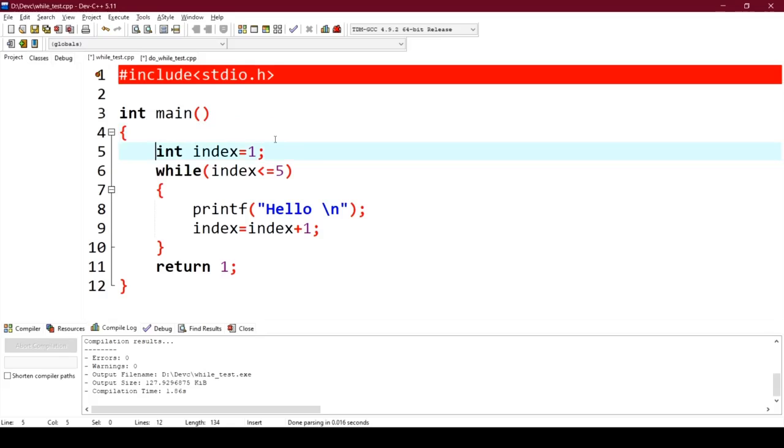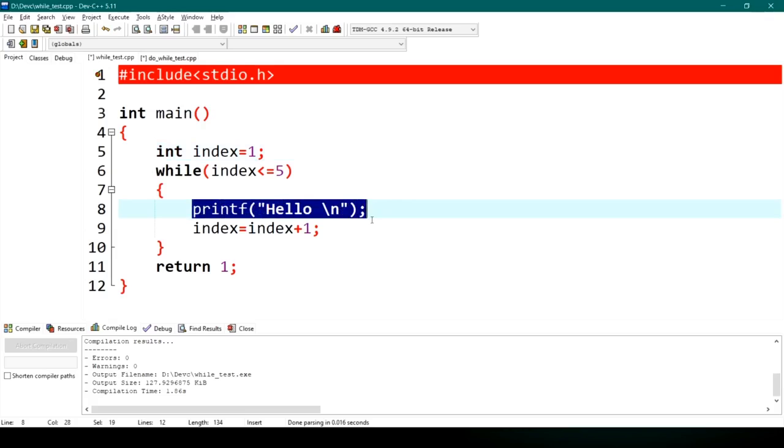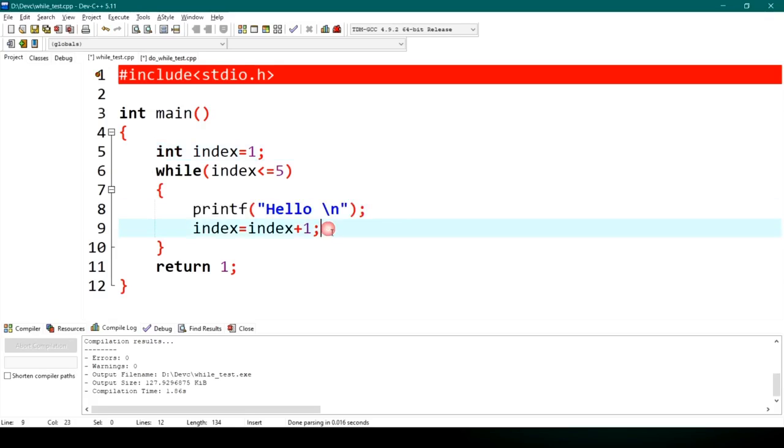So inside the main method I have taken an integer variable named index and set its value to 1. Okay. Next I have taken a while loop and set its working condition as index less than equals to 5, and inside while loop I have written the printf command to print hello,